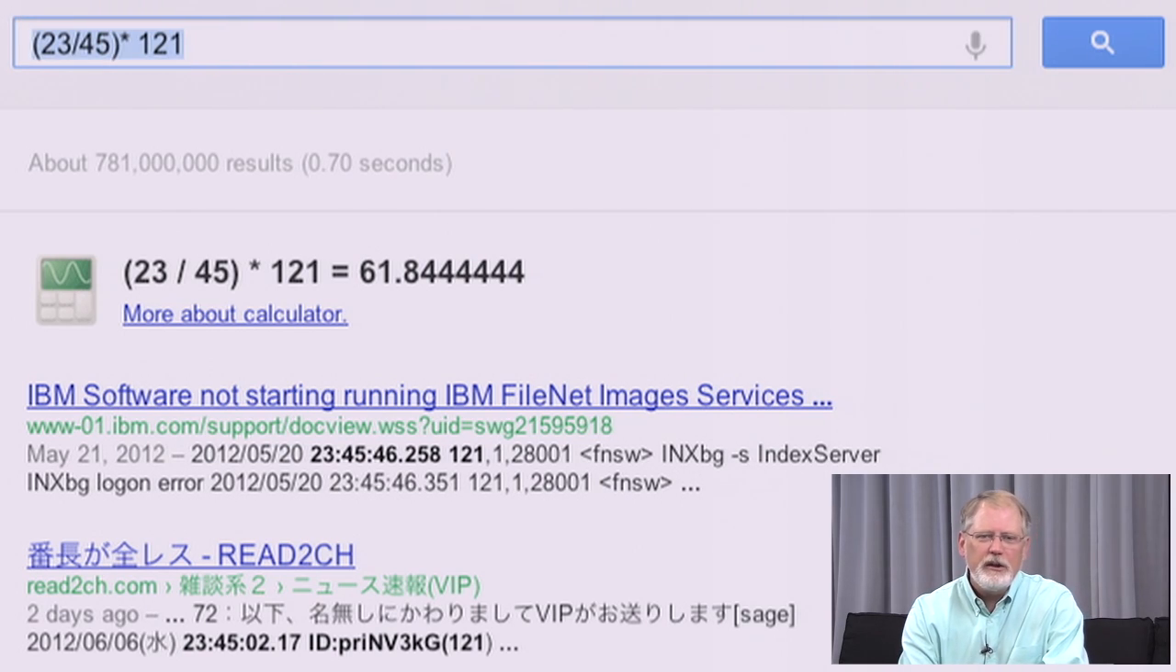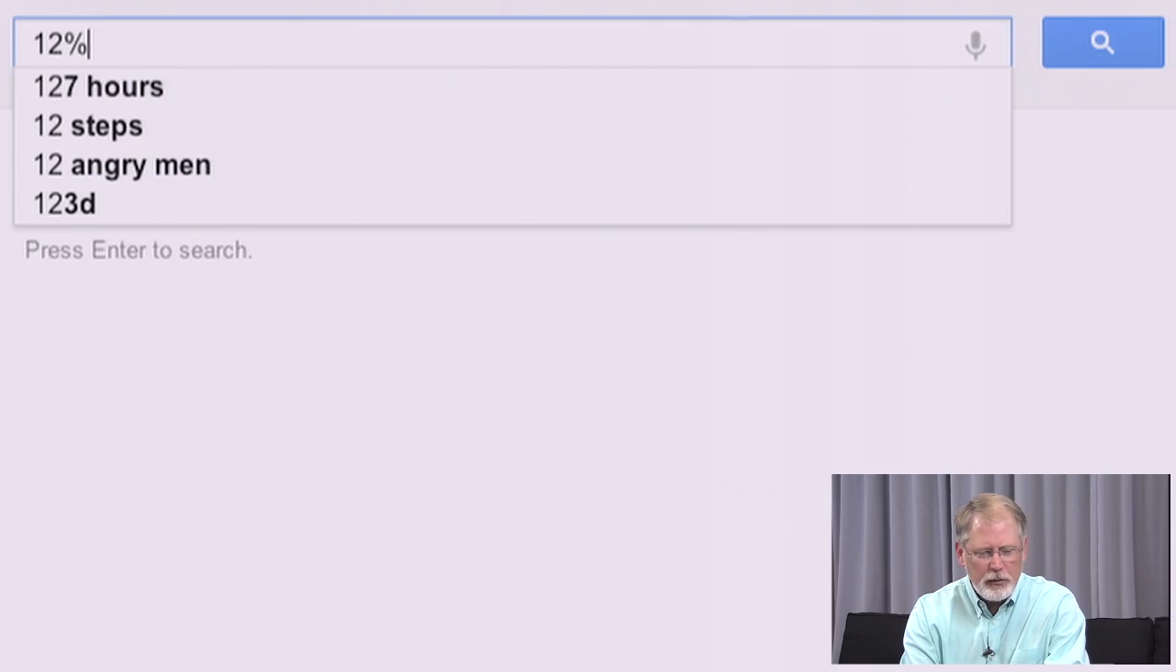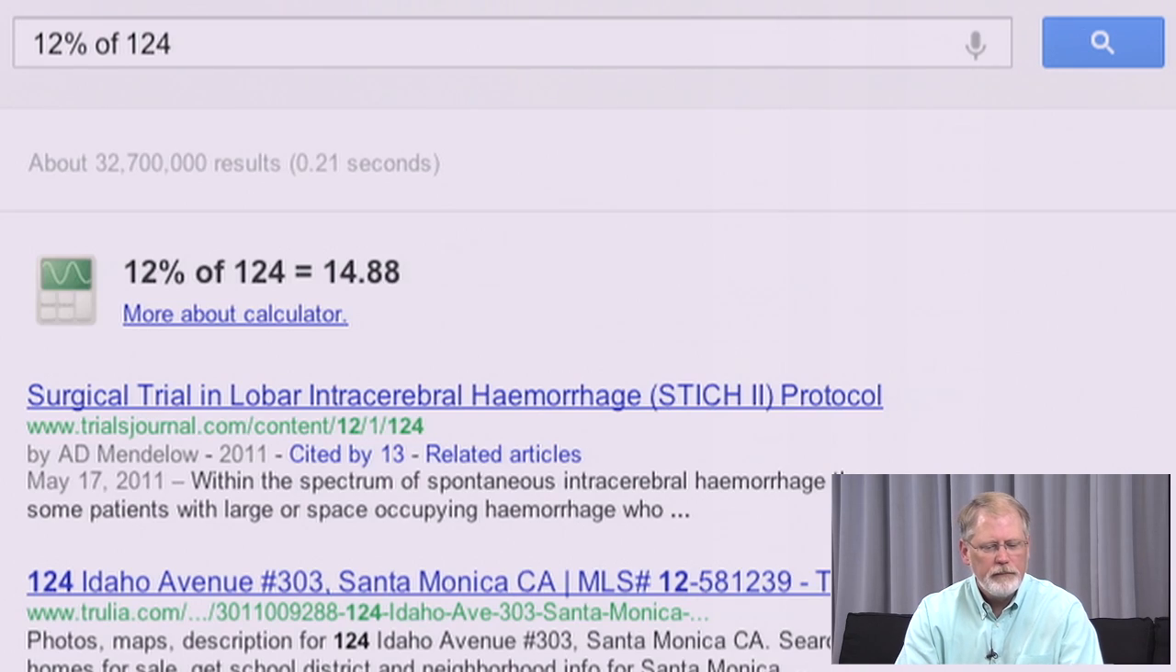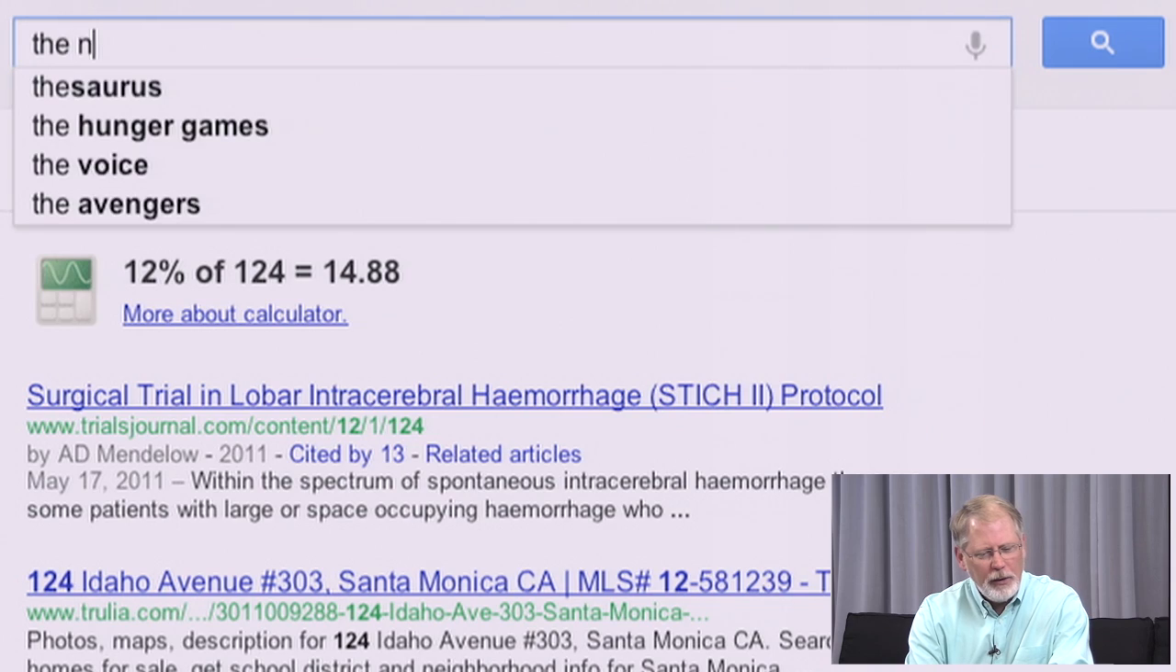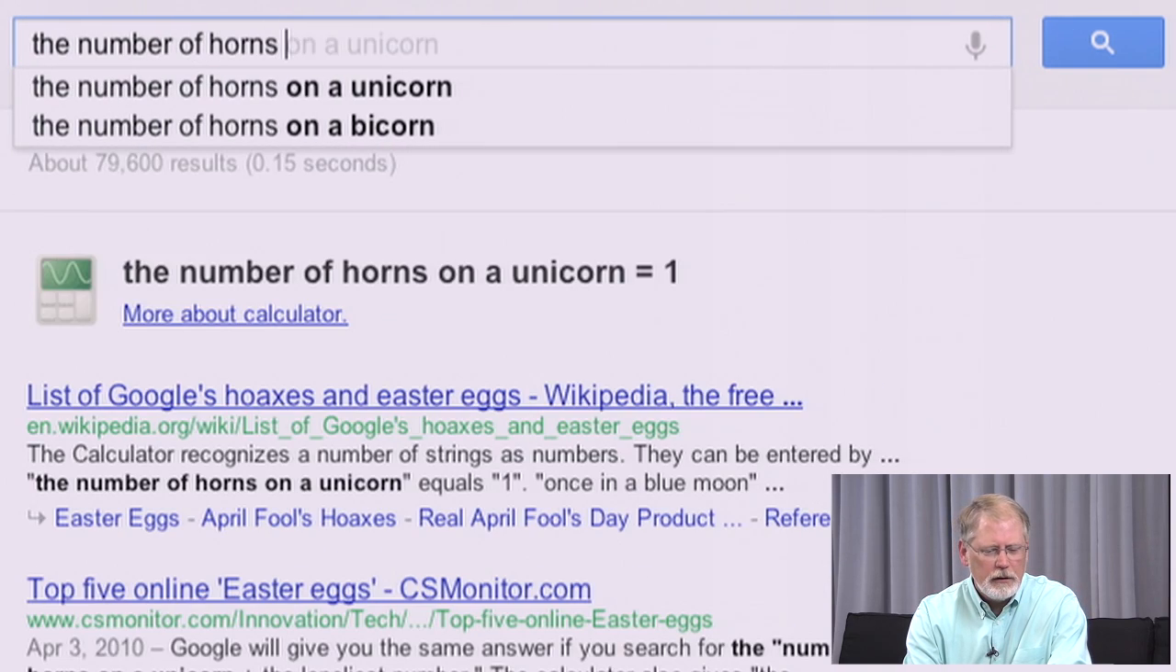There's a lot of functionality built in here. A simple one might be 12% of 124, which computes it for you very, very quickly. So you see the idea. There's a Google calculator built in, and there's a bunch of capability here, including just truly some fun things. So here's what we call an Easter egg. The number of horns on a unicorn